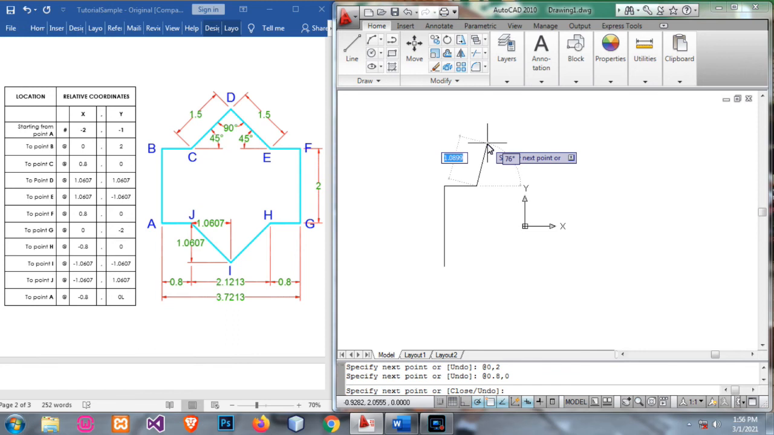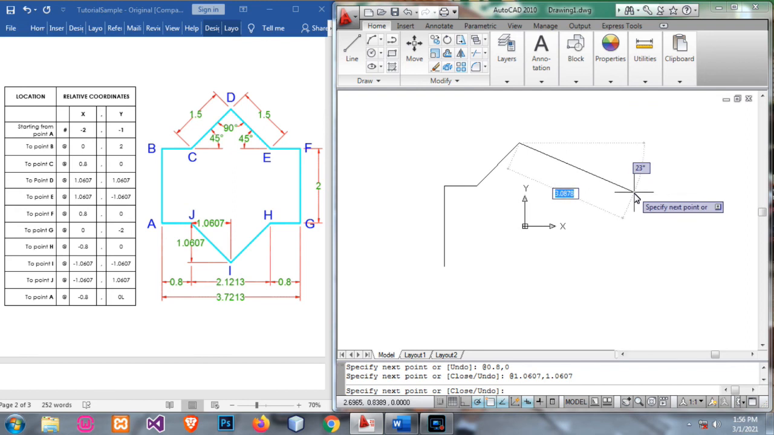Next, from C to D, we have 1.0607, comma, 1.0607, and then press enter. Next, from D to E, we have 1.0607, comma, negative 1.0607, and then press enter. Next, from E to F, we have 1.0607, comma,